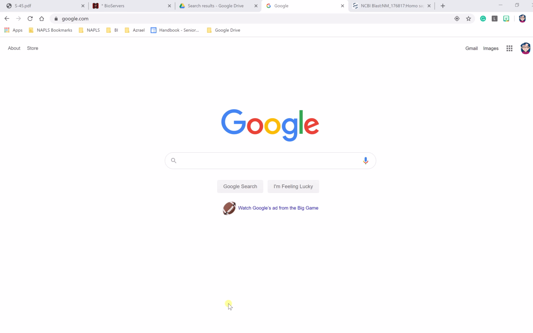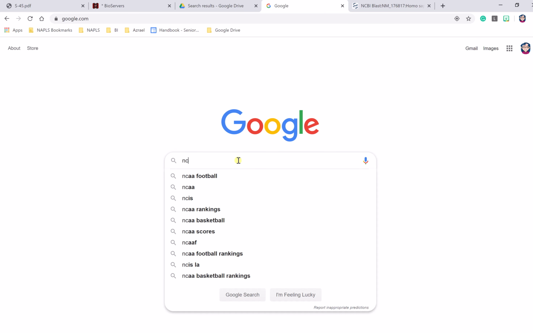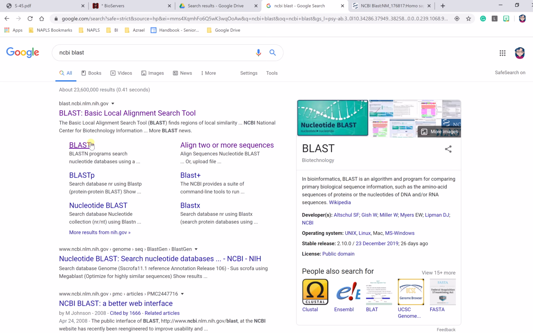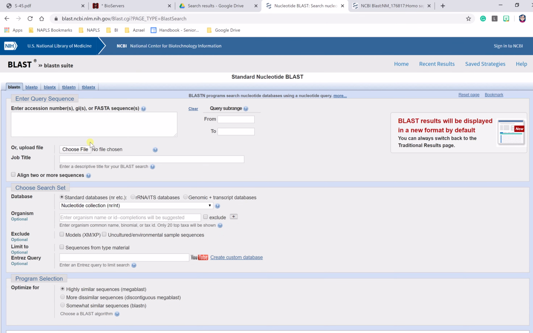So I'm going to show you how to use the Blast program, and if there's time, the bioservers program, hopefully before the bell rings here. So what you're going to do first is go to the NCBI Blast page. We specifically want the blastn, so we're going to click on that, and it'll bring you to something that